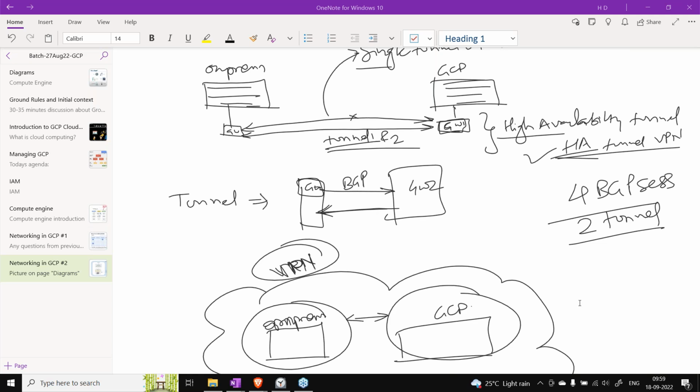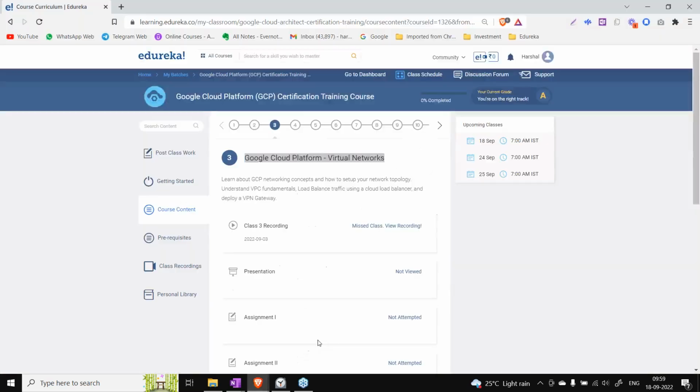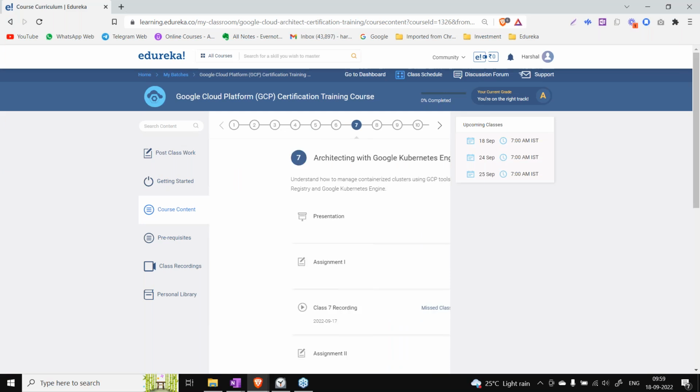How many modules remain? Basically, I'm not exactly tied to these modules, but right now, if I can tell you, one, two, four, five, and this is the fifth one we are discussing. This is the biggest module that we have. I'm not sure because I don't see the presentation. I don't do the screen, PPT reading, so I'm not sure about compute services. It might happen that it's not just compute engine or VMs related. It might be some other, Cloud Run, Cloud Functions. If it is, then I'm covering that under another one.